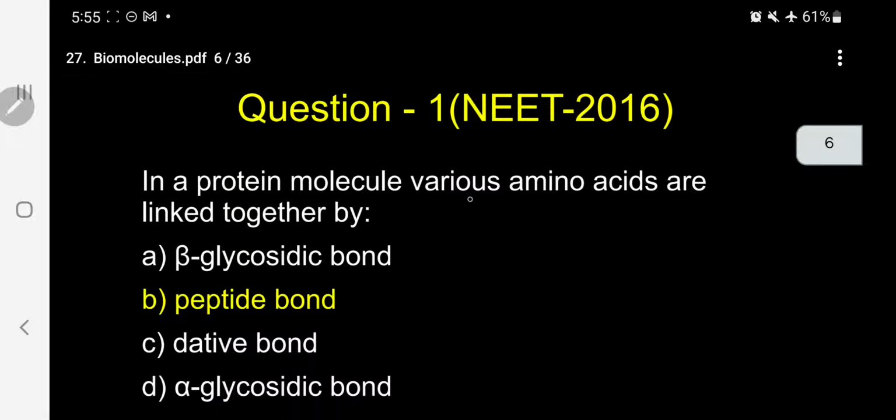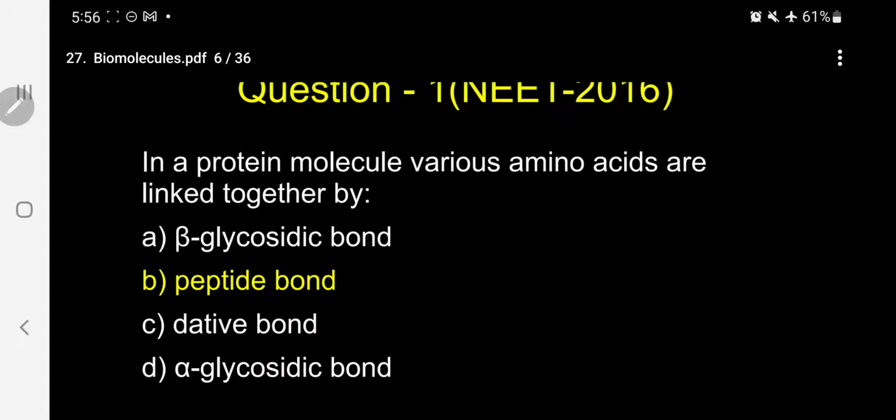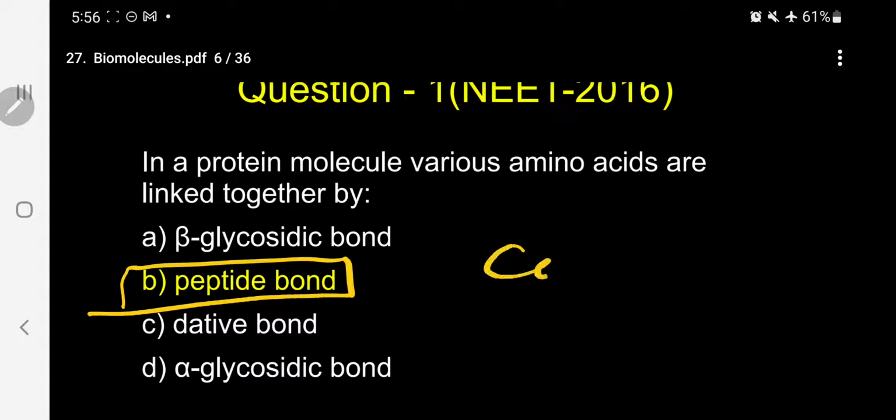Kindly follow. The other possibility, you can keep alanine on the left hand side, glycine on the right hand side. Again, you will get another dipeptide. So again, your peptide linkage will be CONH. So the correct answer is peptide bond. CONH bond is peptide. Kindly follow.